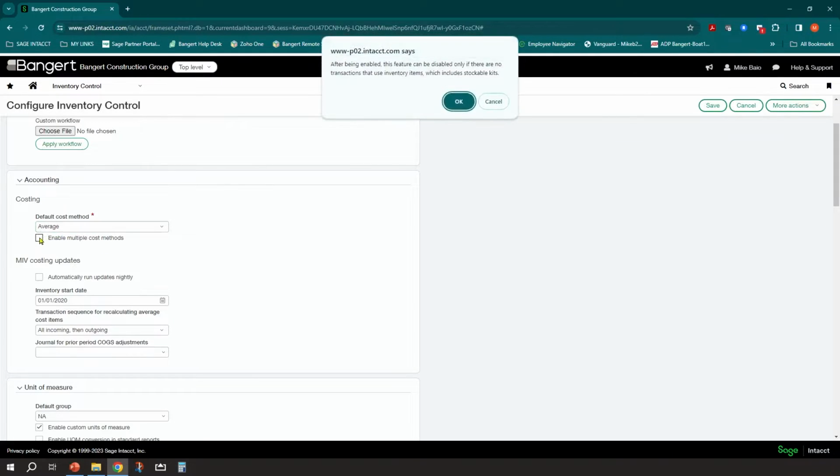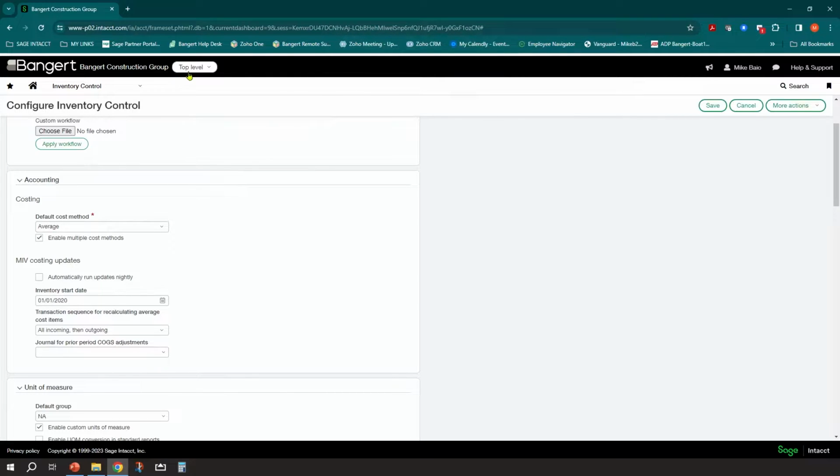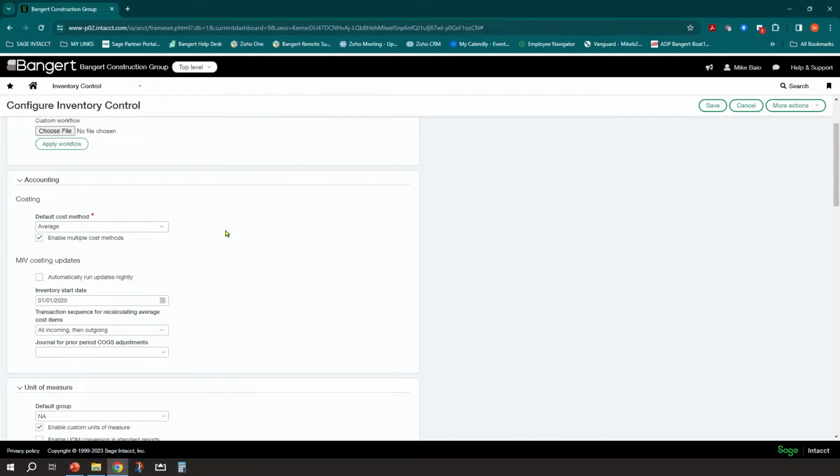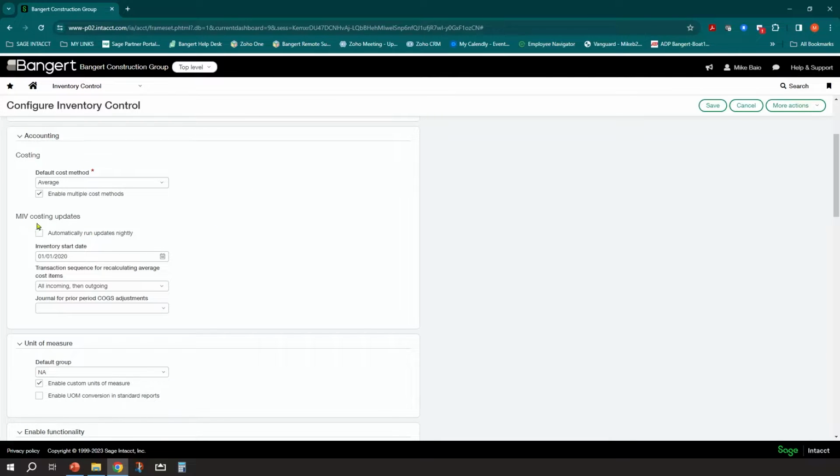Now, one of the things you can do is later on in the configuration section, there are some entity-specific configurations you can do in here. And one of them is the costing method. And you could change that based on entity. So if you go back in by entity and then you come into here, you'll be able to make one specific for each one of your companies if that's different. In one of the subsequent sessions, we're going to touch on inventory valuation in more detail, but this is basically how you want that to run. And we'll skip over this for now, but we'll come back into it in the inventory valuation section.